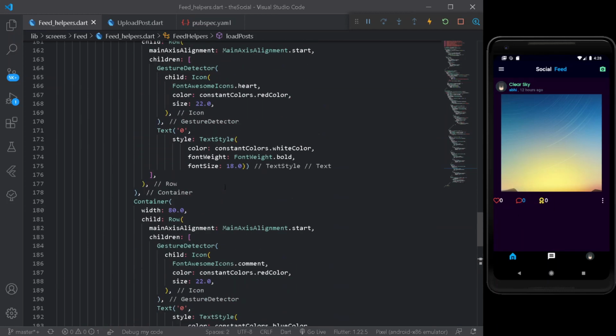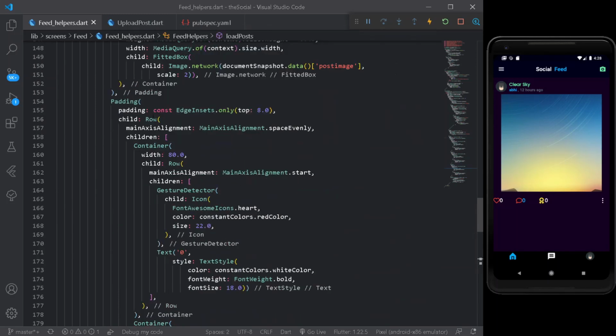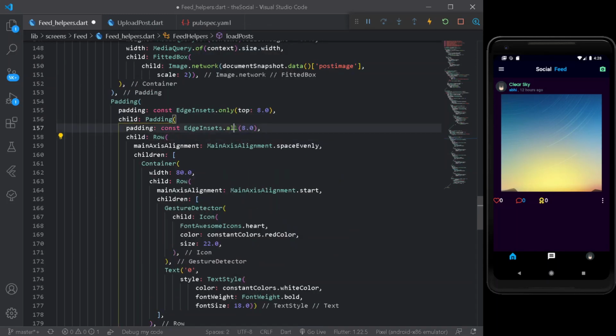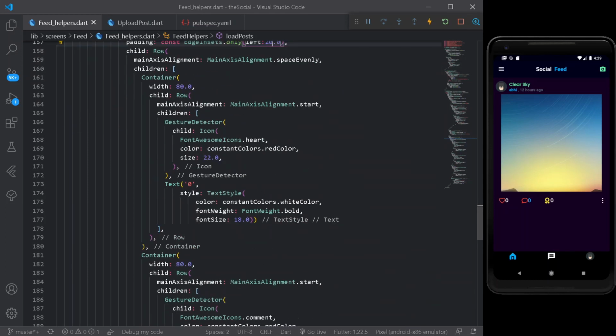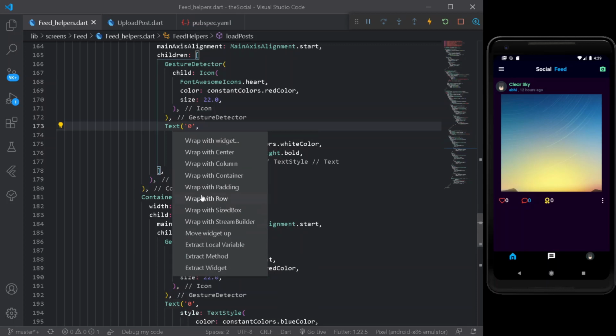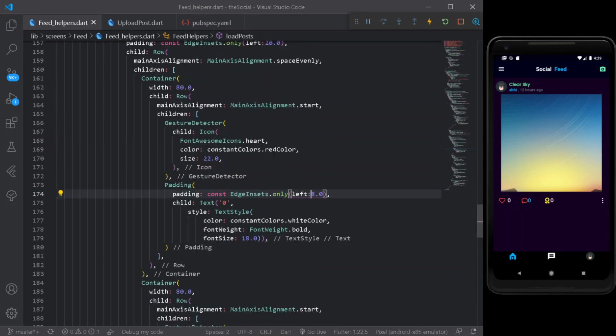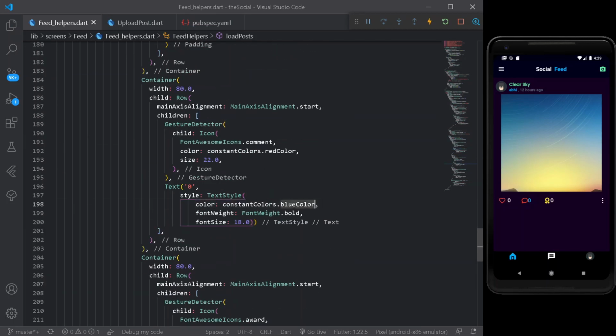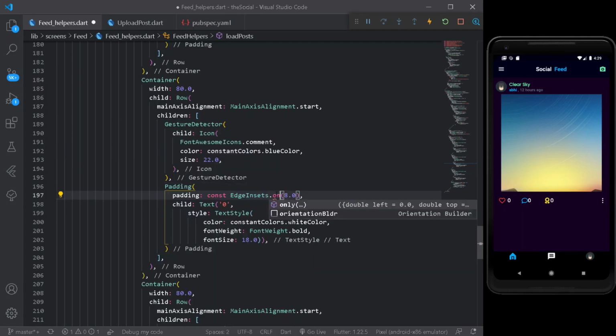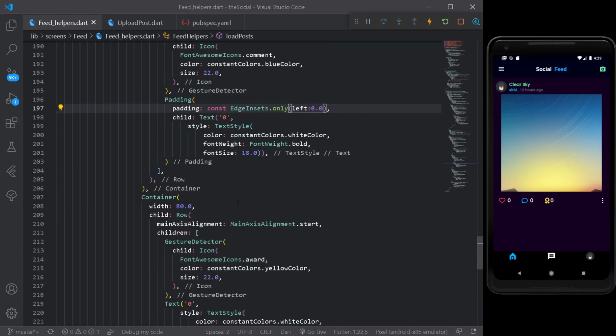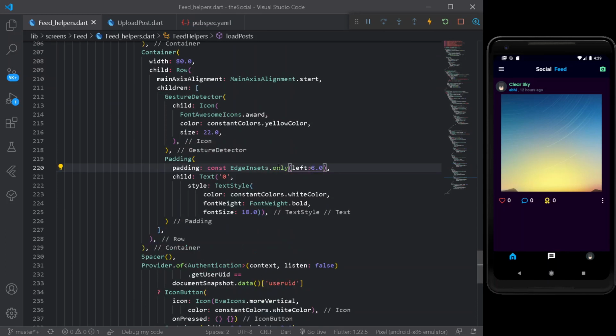Once this is done, let's go at the top under our row and add some padding from only the left. Let's shade it out. Alright, somewhat more padding, let's say 16. It's all about trial and error. Let's have a 21. Cool. After this, we can come down to our text and add some padding to it from only the left. Cool. And the same thing goes for our next text. Let's have a white color. Let's have a different comment color, a blue color. Let's add some padding to our text from only the left, and the same thing for this one. Cool. So everything is looking cooler now.